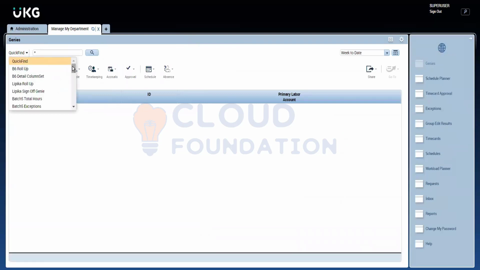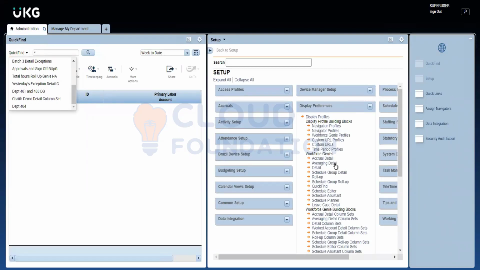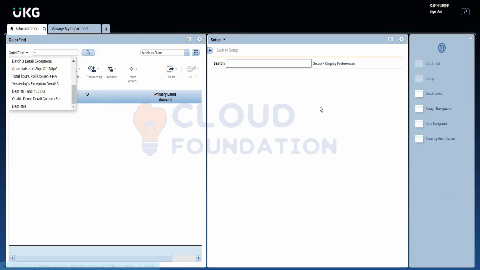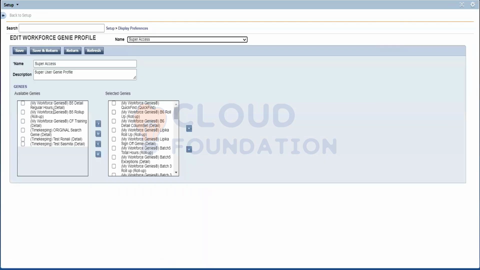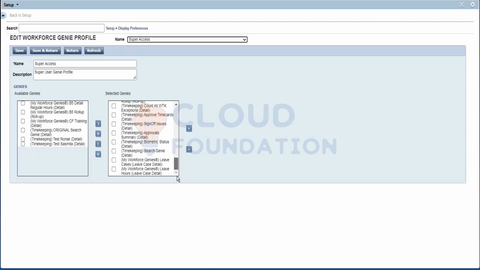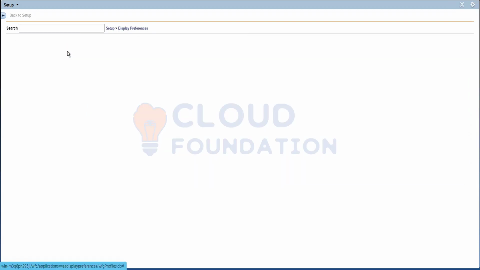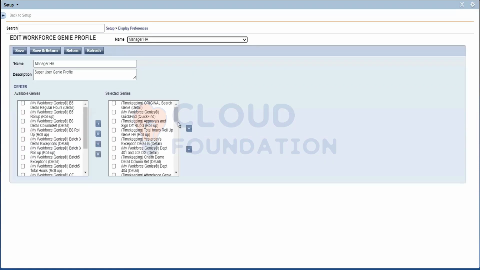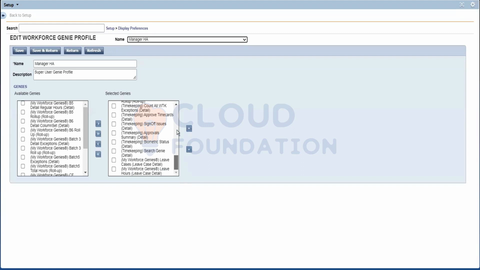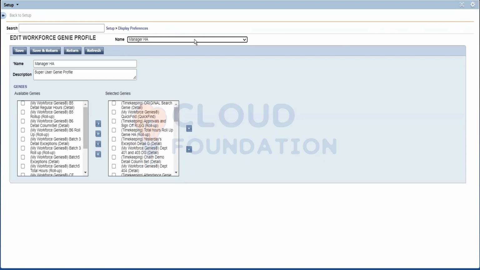Okay. So how we restrict which Genie should be available to which set of people is by mapping this to workforce Genie profiles. We will create different profiles like manager, super access, payroll manager. Super access means we have access to all the items; there are some items which are not selected, but usually it's all of them. So when we are assigned super user access, we gain all these accesses. But for example, for the manager profile, we give them access to only a handful of Genies, not everything. So only these Genies will be available to people who are assigned under this profile in the